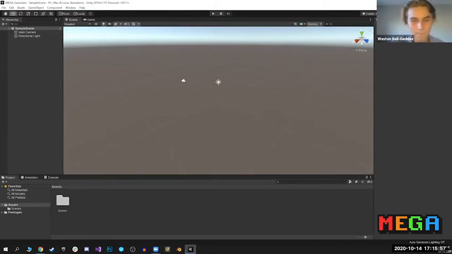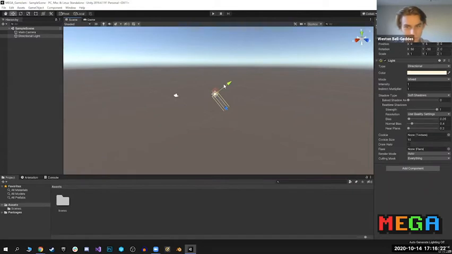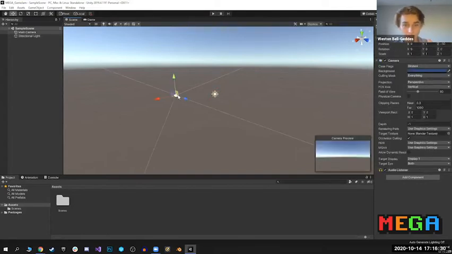Okay, so this is Unity. Welcome. If you haven't opened Unity ever before, this is Unity. I'll go ahead and explain. On the left here, we have the hierarchy, which is a list of all the objects in your scene. This big section in the middle is called your scene view, which is a visualization of the 3D game world. It also allows you to manipulate and interact with objects in 3D space. I'll go over that in depth in just a second. The right side here is your inspector, which lists all the details for a selected object and all the components attached to it. And the bottom tab here is your project view, which lists all the files and folders in your